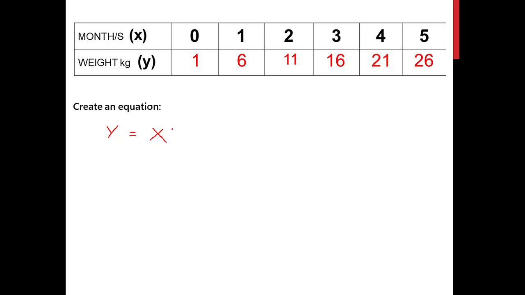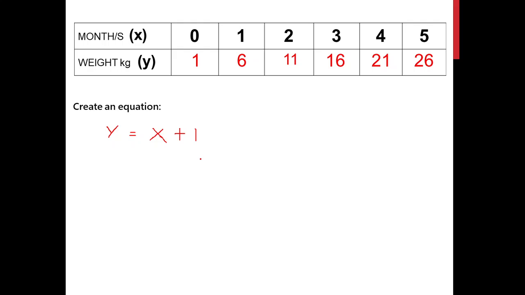Now let's use this initial equation and substitute the first value here. So if x is 0, then let's substitute it here. y is equal to 0. So our initial equation will not satisfy the first value because when x is 0, the value here should be 1. So what do you think we should do? Okay, let's try to add 1 here.